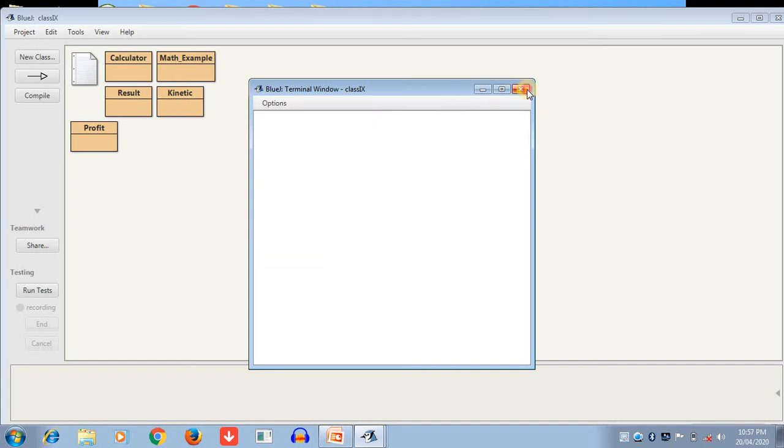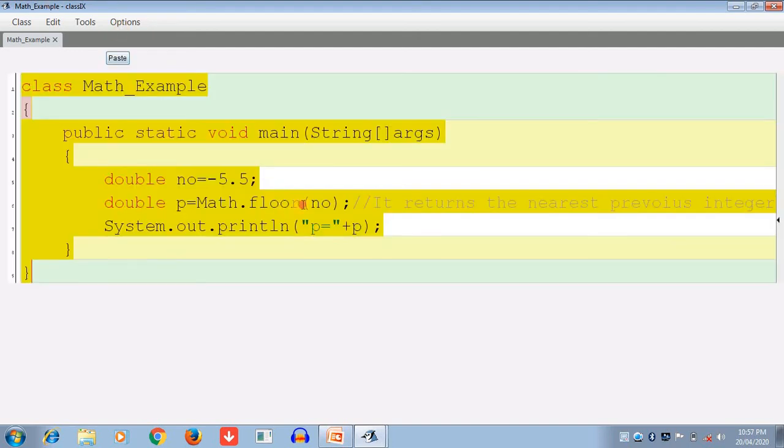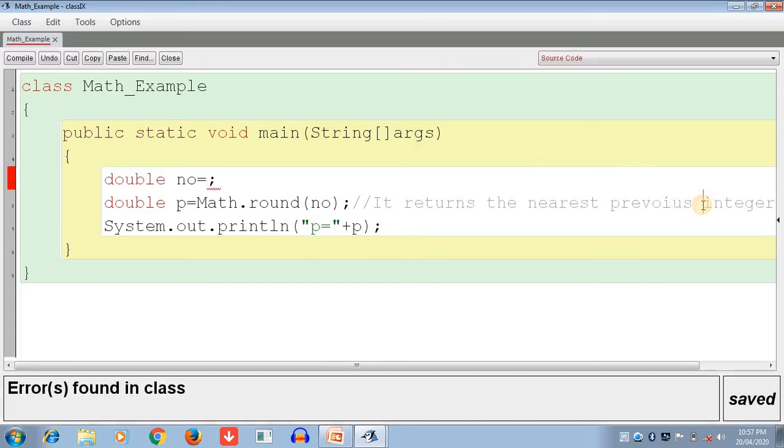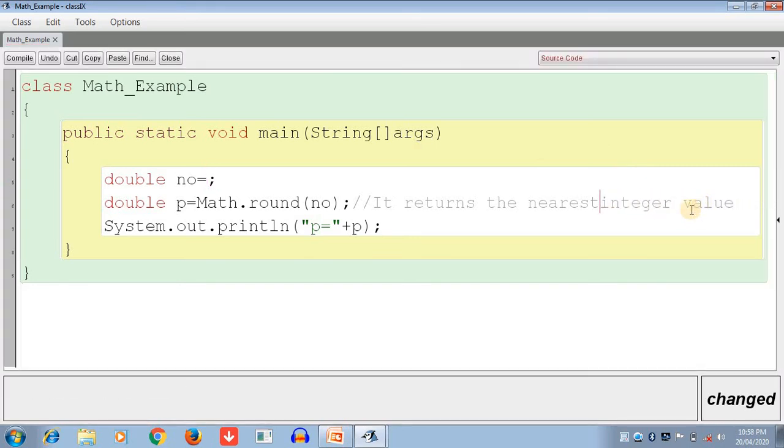Next function is round, also called the round-up function. What is the definition of the round function? It returns the nearest integer value, only the nearest, not previous and not next.